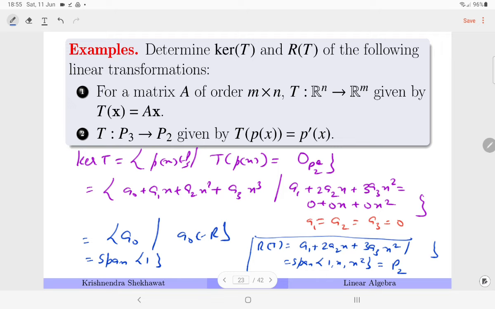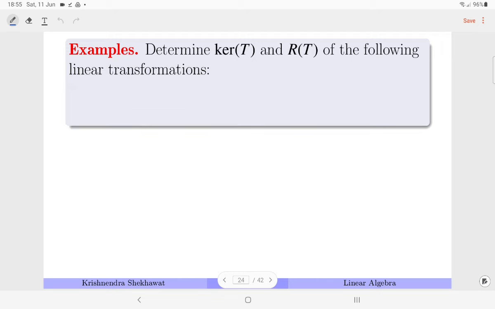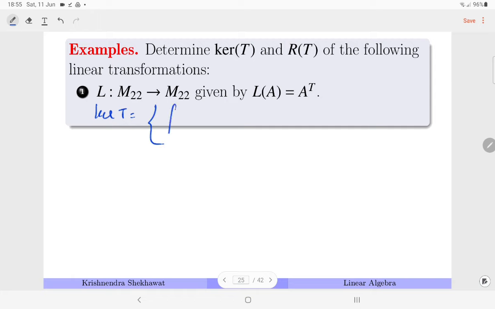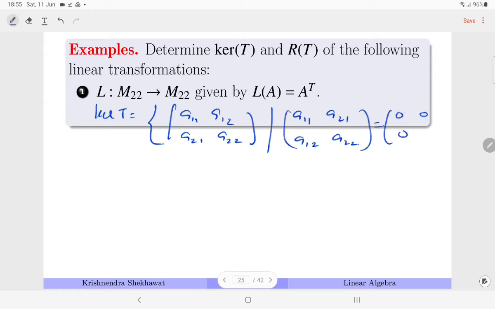So its dimension is 3. One more quick question. So M22. So kernel T is all those vectors A11, A12, A21, A22 such that L of A is equal to 0, which means A transpose is equal to 0. If you take A transpose, then it becomes, this should be the 0 matrix. It gives you all coefficient to be equal to 0, which means the kernel T is the 0 matrix and